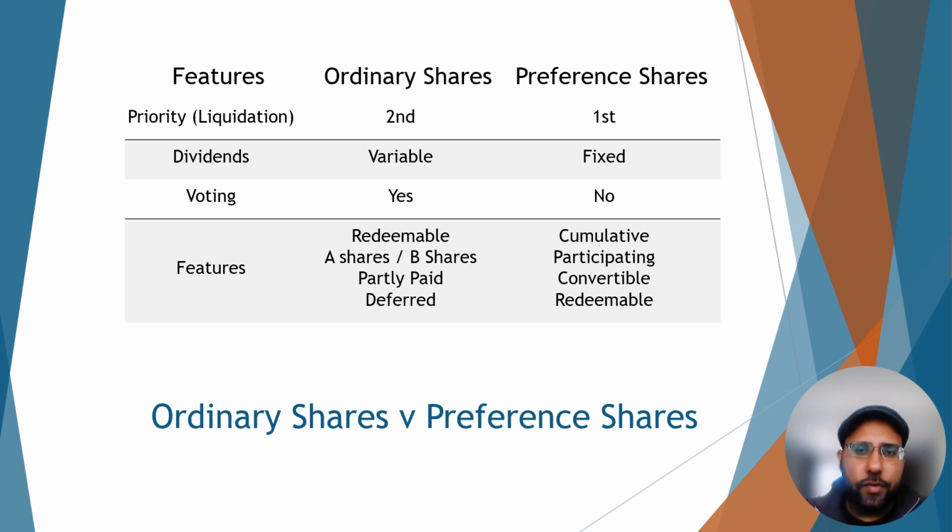Yes, as an ordinary shareholder, you typically have a voting right, so you can vote on any form of corporate matters that we have discussed, whether it's the board or corporate policies in general. Dividends will be variable. You are entitled to dividends if the company is to issue it. It could be a good year one year, it could be a bad year another. So dividends will be variable, whichever way you tend to look at it.